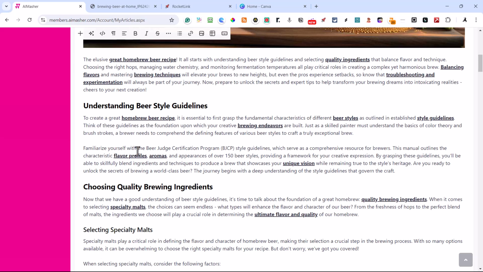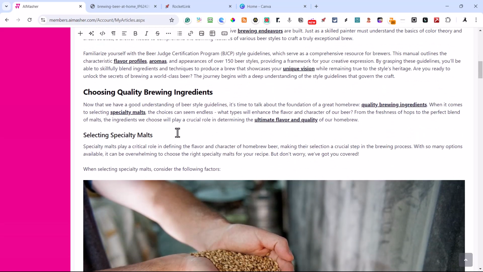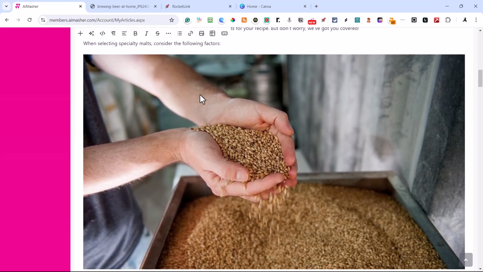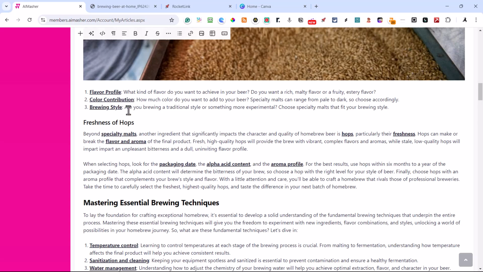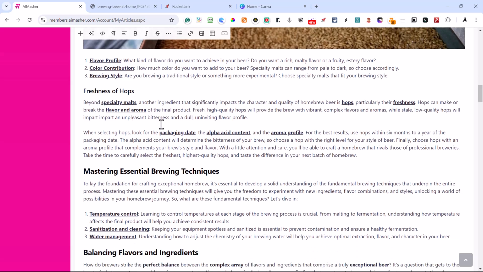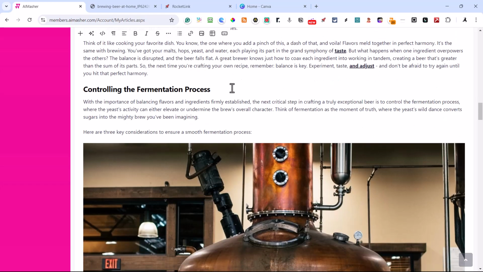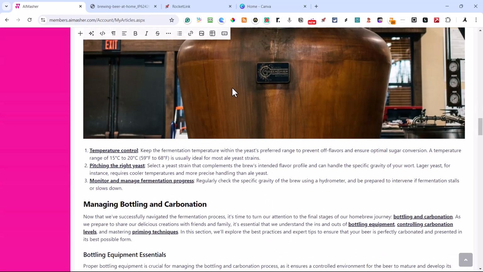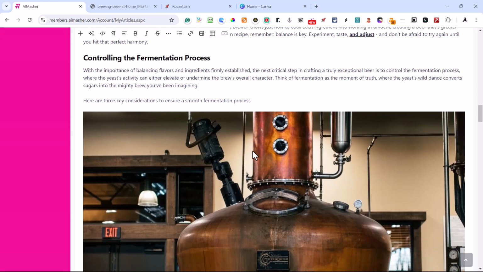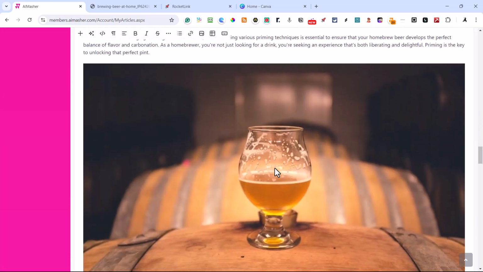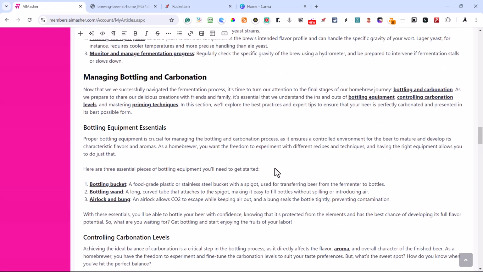And so we talk about the Beer Judge Certification Program style guidelines, choosing quality ingredients, selecting the specialty malts, flavor, color, and brewing, freshness of hops, mastering essential brewing techniques. These are really good. I mean, you can get an idea. Now, this is a media pack. This is a real image. Same here. This is a real image from a media pack.